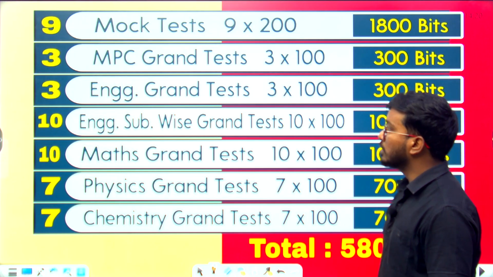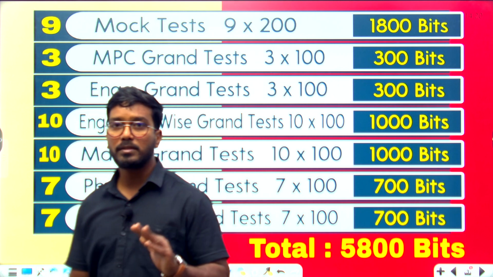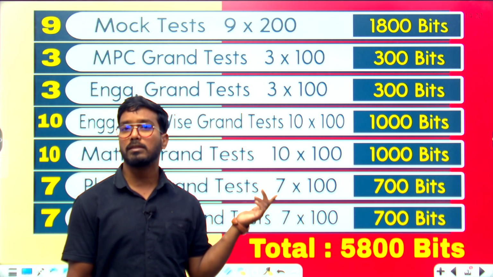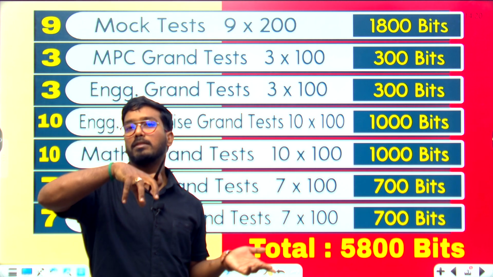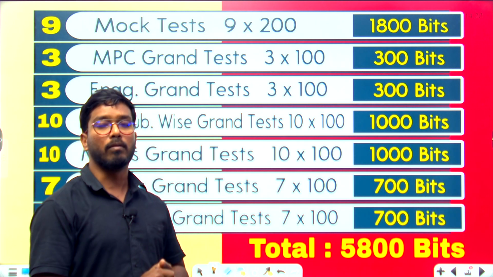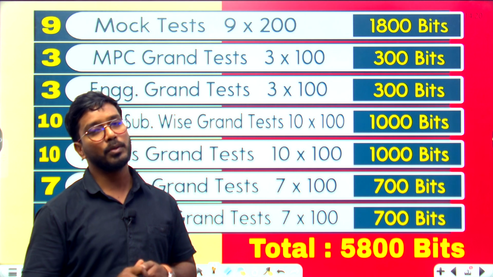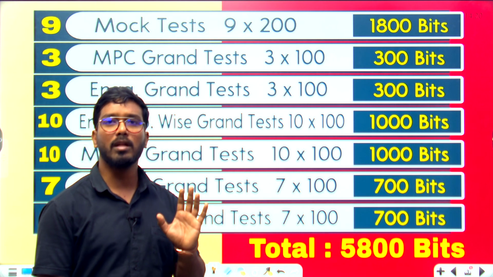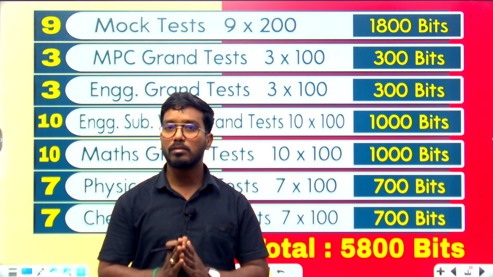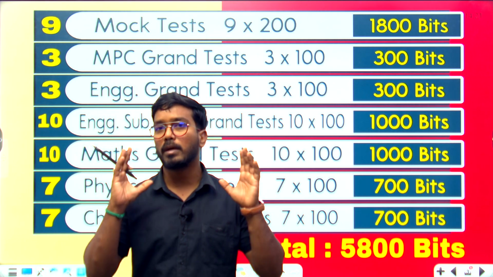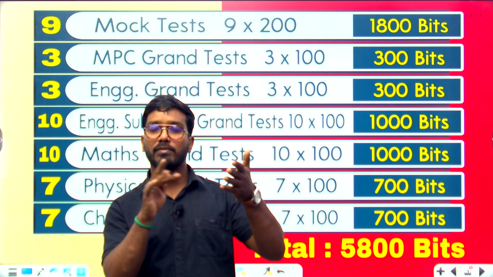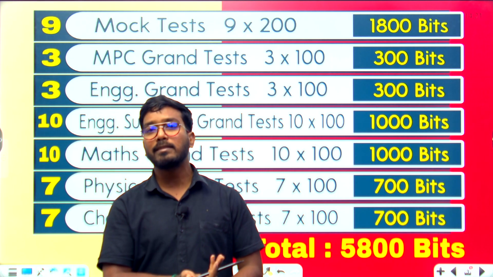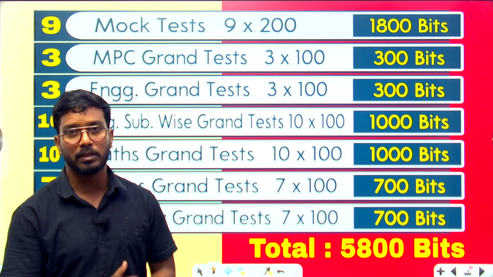Look here, direct bits. If you don't understand a bit, yes, the video lecture is available, the explanation is available. Prepare only the video related to that concept, then you can clarify more than 3-4,000 bits. You already know the concepts, since you passed diploma, so some concept will be in your mind. Based on that concept, guys, if you analyze the bits, yes you will be able to catch it very easily. If you are not able to catch, then definitely you need to watch the video lecture one more time.